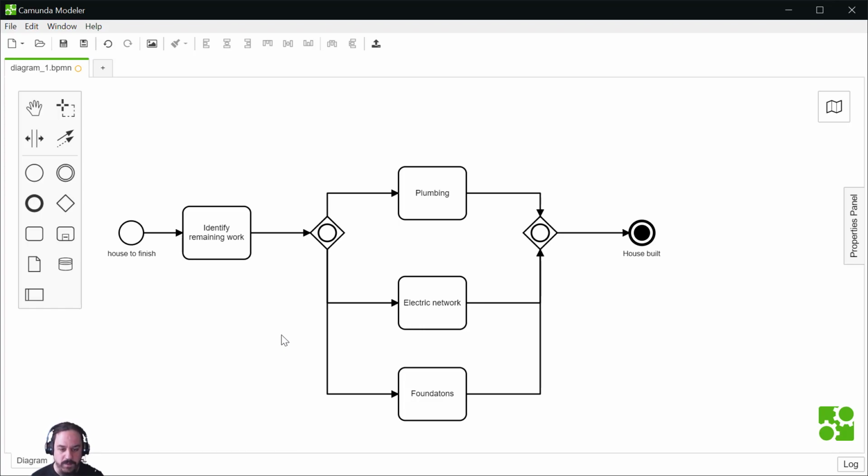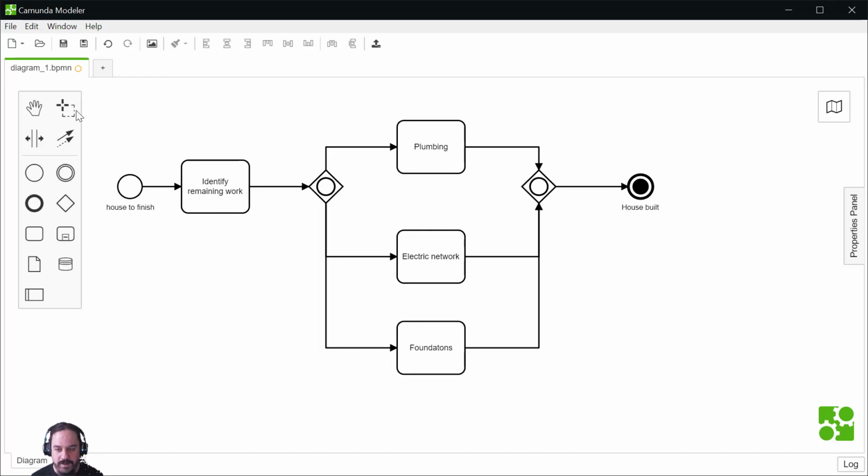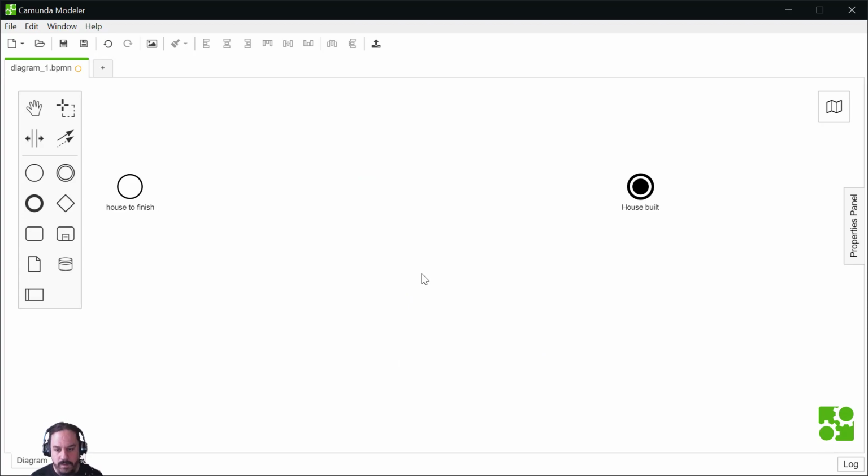But that's a bit odd, though possible. And we have the event gateway. The event gateway is useful, but can be replaced with other constructs. We can still see it as it's a useful construct. So let's start from a blank diagram. For this, I will simply delete everything, and we are afresh.